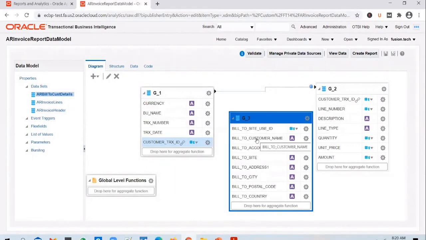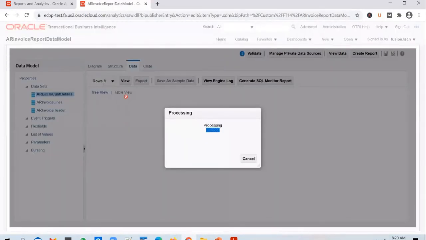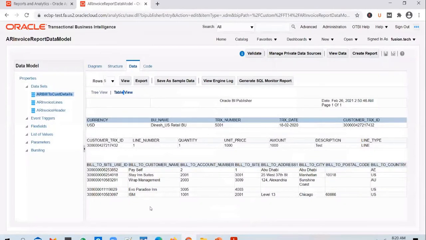But to pull this bill to details, if I go ahead and run this, header and lines queries are linked together, but not the bill to customer details. So if I go ahead and run the data model, I go to table view, you see that there are five random customers getting pulled, right? So we have not yet linked this query with the main query.